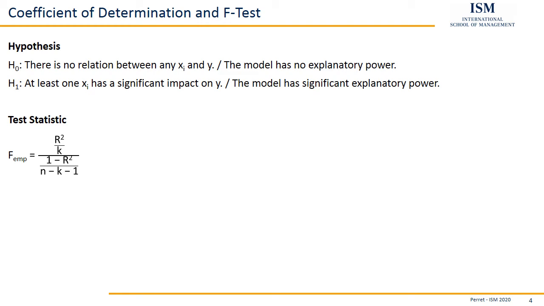That's the R squared, divided by k, the number of independent variables. So that's the part which is explained via the regression line. This is divided by 1 minus R squared, divided by the number of observations minus k minus 1. So that's more or less, again, the transformed, unexplained part of the variance. So we're basically dividing explained variance by unexplained variance and taking a look at which of them